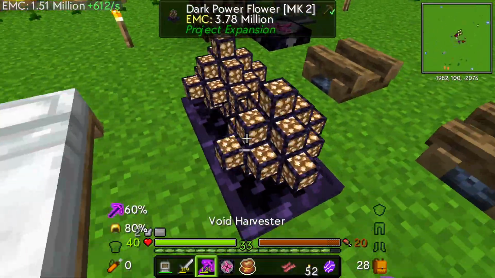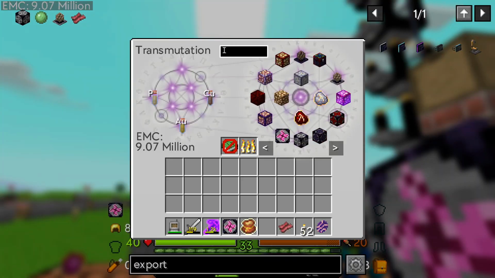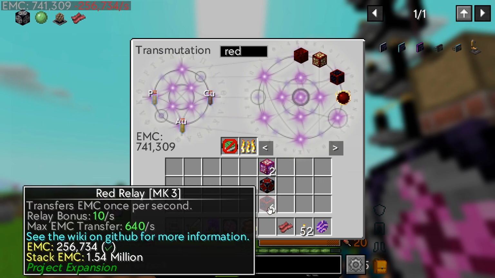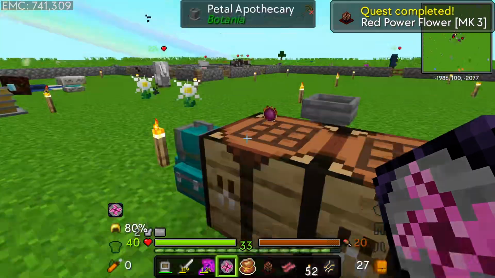So let's just break these 2 and put them in here. And then if I say red, can grab 2 compressed, 1 of this, and 6 of these. 1, 2, 3, 4, 5, 6. Barely, but we're able to do it. And now we're going to be able to make the next level of power flower. And this one,